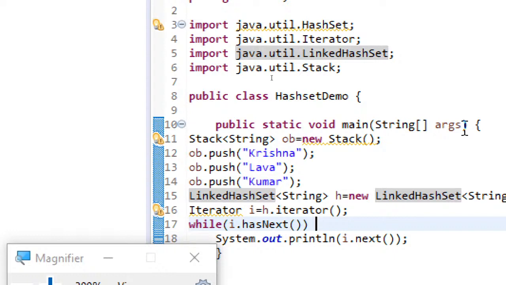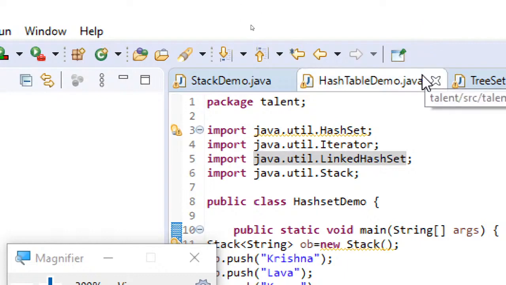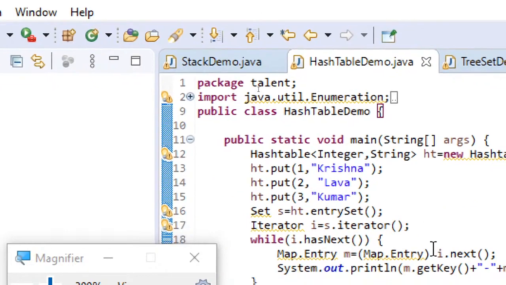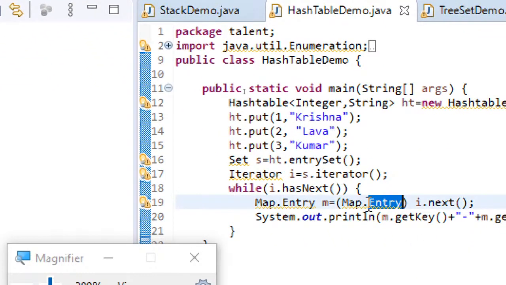Similarly map is also an interface, and map will be storing elements in key value pairs, and this key value pair together we call an entry. Even though I haven't discussed it, in the last session we saw Map.Entry.